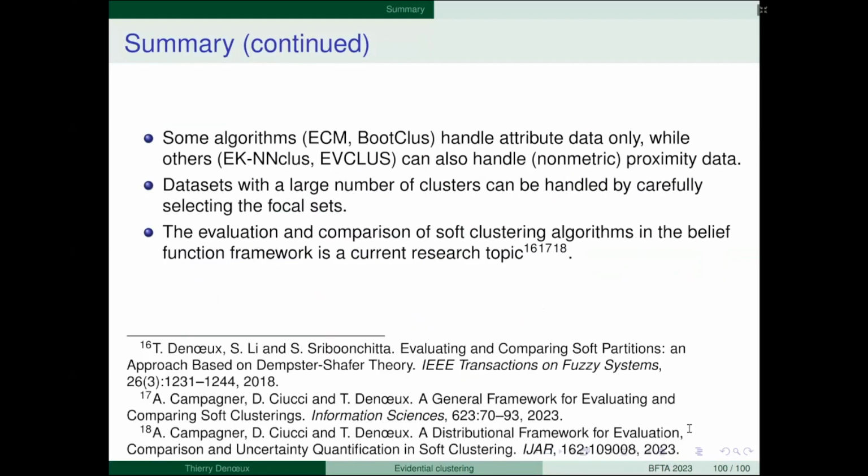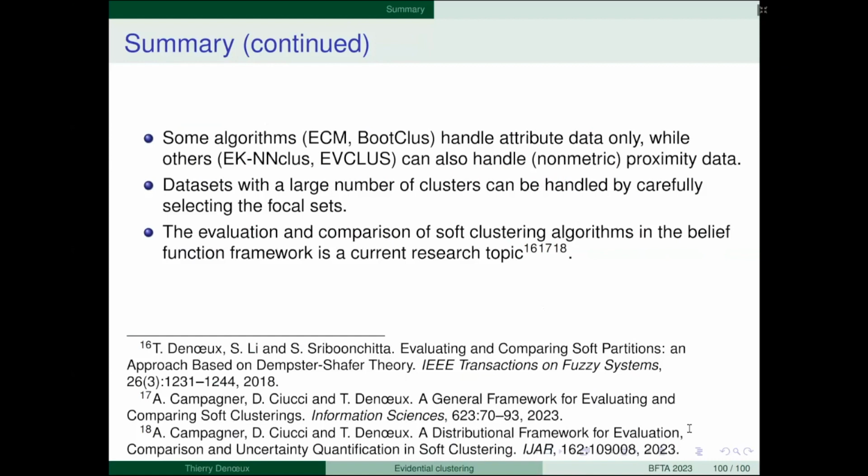Some of these evidential clustering algorithms handle attribute data only, while a few others can also handle possibly non-metric proximity data. We can handle data sets with a large number of clusters if we carefully select the focal sets. And there is also some recent work on evaluating and comparing soft clustering algorithms, which can all be cast into the framework of evidential clustering.